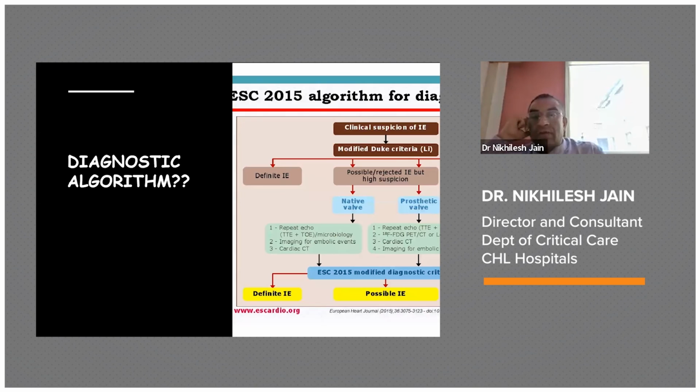Now, this is the algorithm for diagnosis of infective endocarditis. You've got a clinical suspicion, you've got the modified Duke criteria,